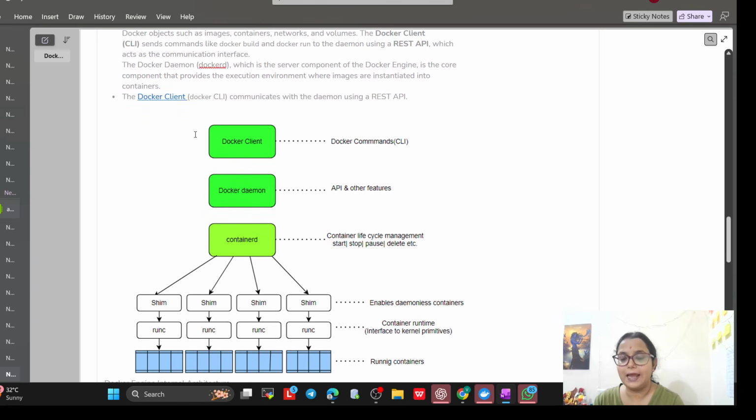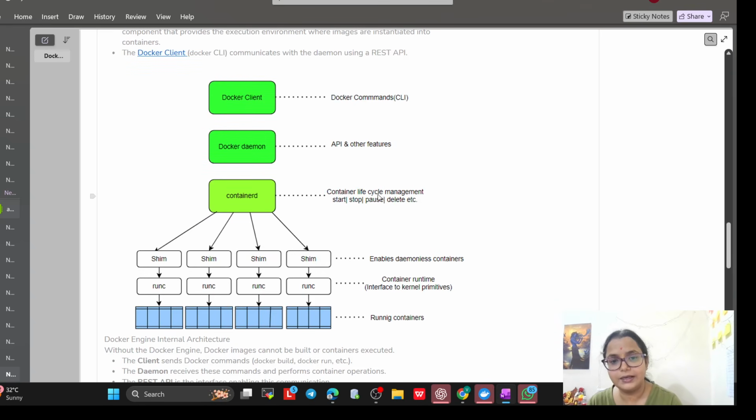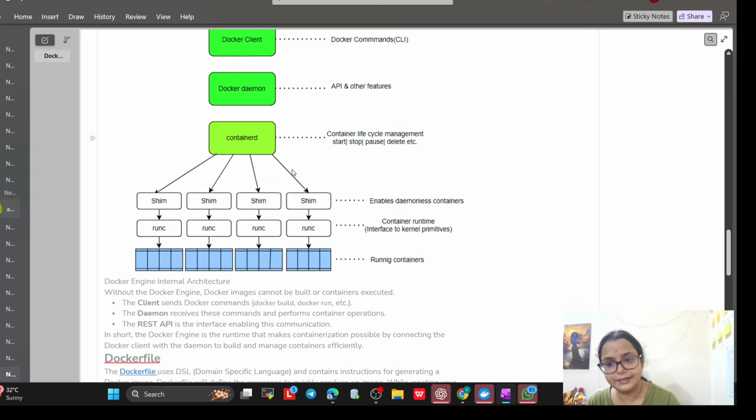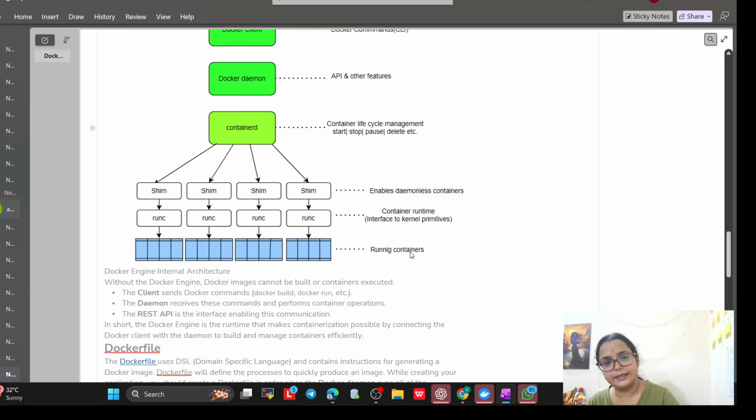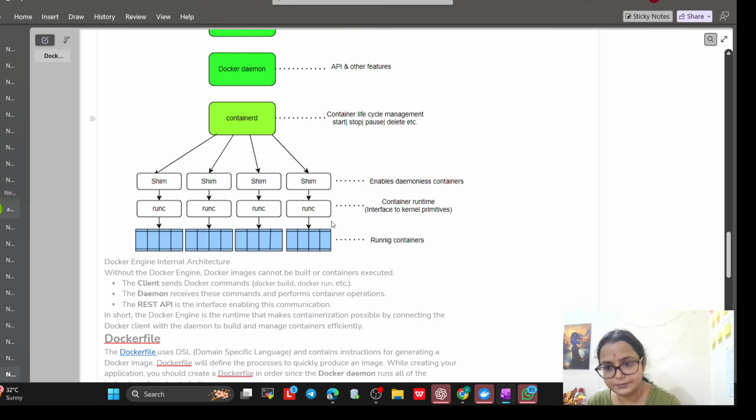The Docker client communicates with the daemon using the REST API, covering the command line interface, the API, and container lifecycle operations like start, stop, pause, and delete.